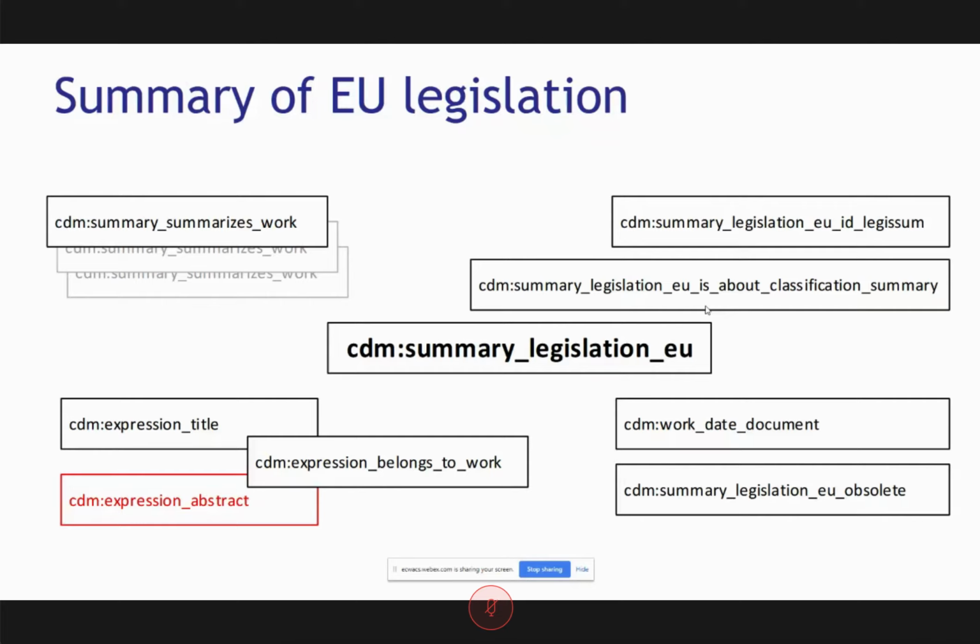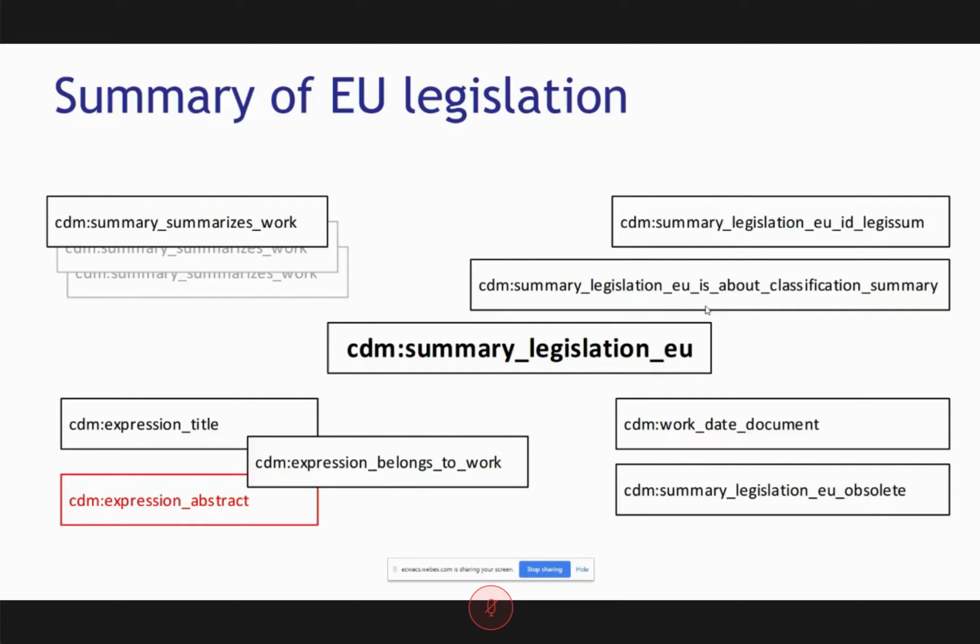So this classification can be used if we want to classify a EUR-Lex collection again in a more human understandable way, and then going from an act and its summary and finding the summary classification, we can also presume or assign this classification to an act itself. And then